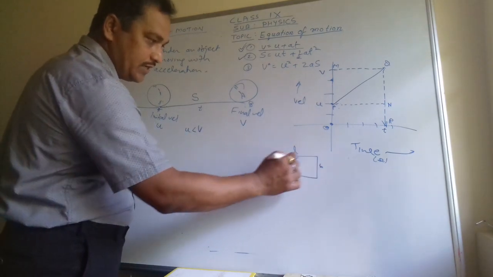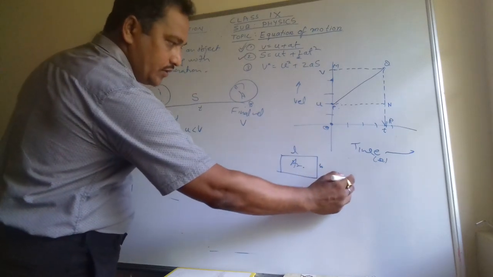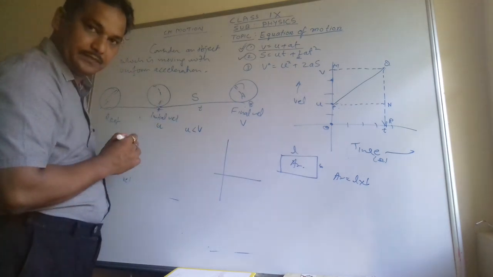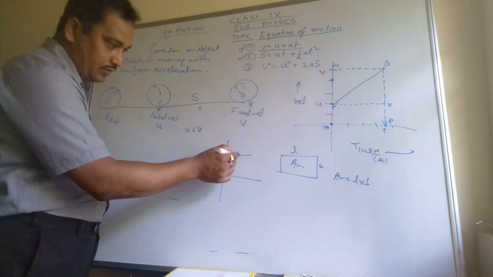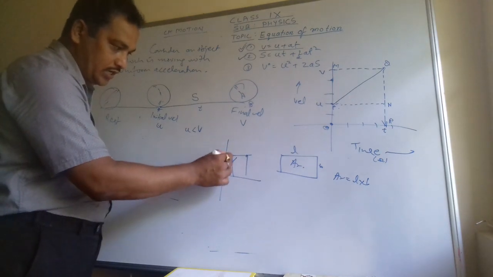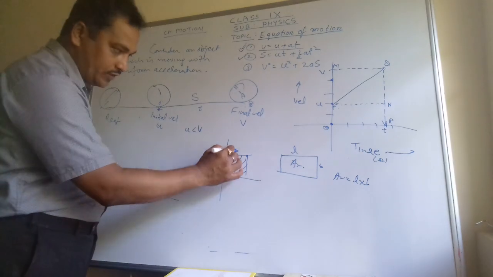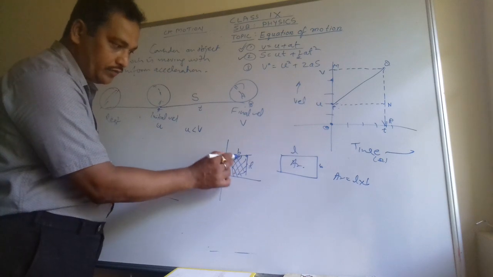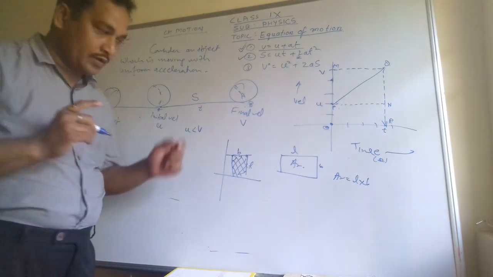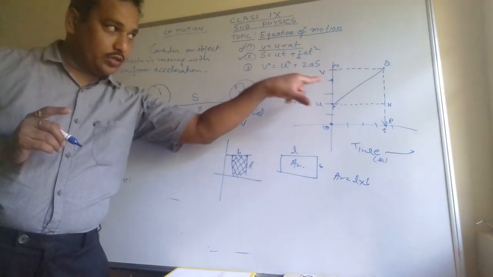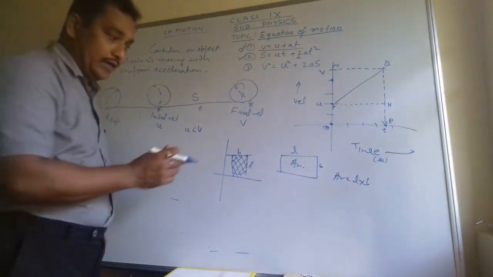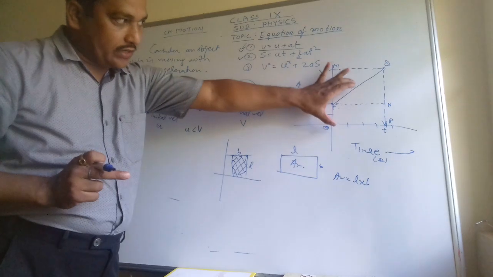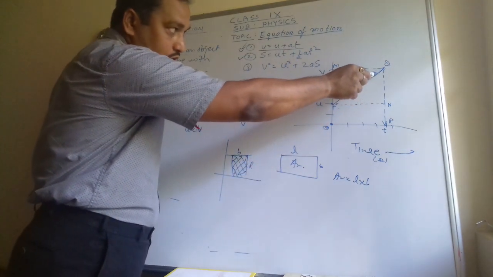So for example, this is length, this is breadth. How much will be the area? Area is equal to length into breadth. Clear? Similarly, any graph is like this. So this is point A and B, and how much will be the area of the shaded region? It will be equal to this length and breadth, both you multiply and you will get the area of the shaded part. Is it? You are aware in mathematics, and physics is applied mathematics. So here also the same we will apply in this graph to find the distance covered by the object from point A to B. So distance covered will be equal to the area under this slope.